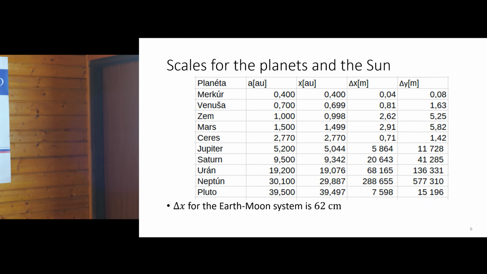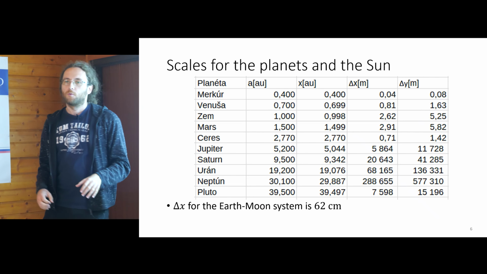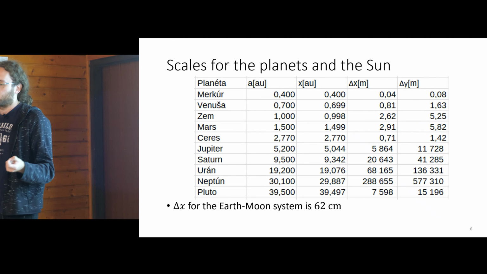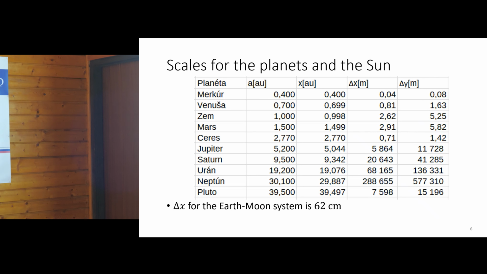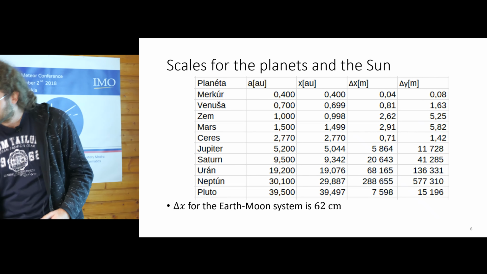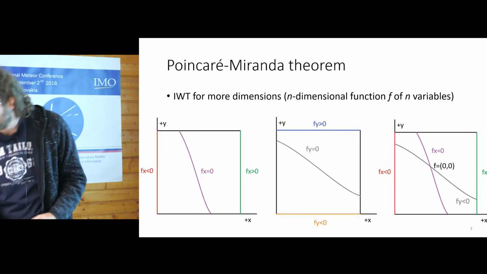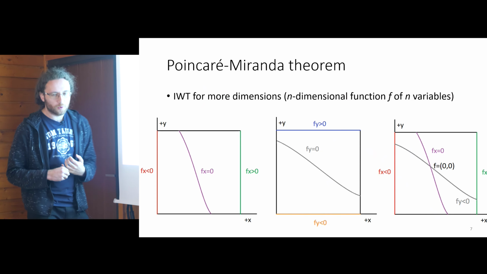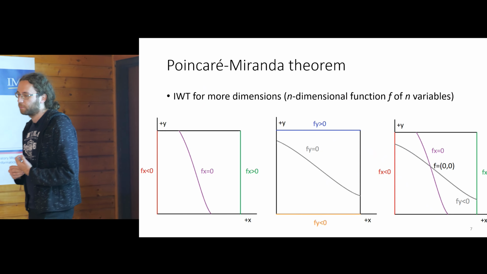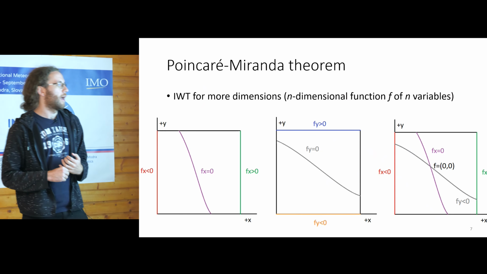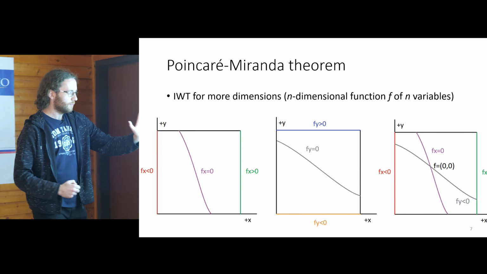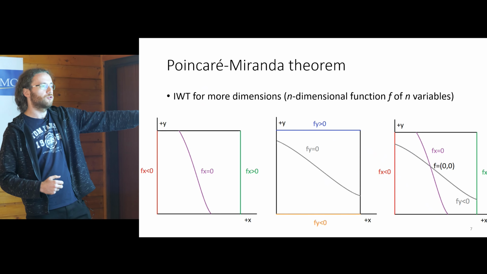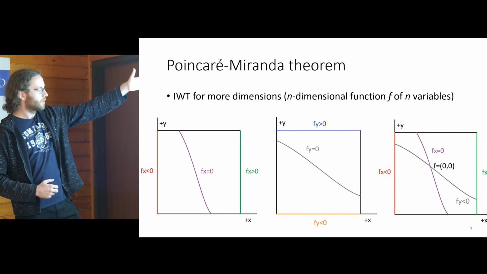by any measures. Alright, this is a very rough approximation where I took all the planets to be on circular trajectories, and they are not influencing each other. But this can be solved with Poincare-Miranda theorem, which is intermediate value theorem just generalized for multiple dimensions. And it works like this. This is a two-dimensional example. If we have a function that's 0